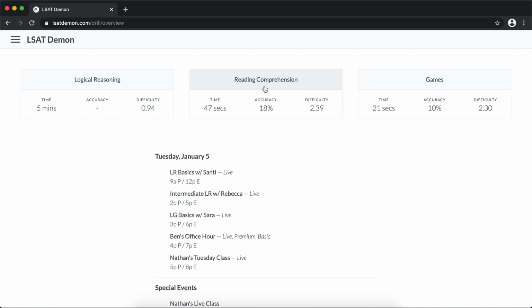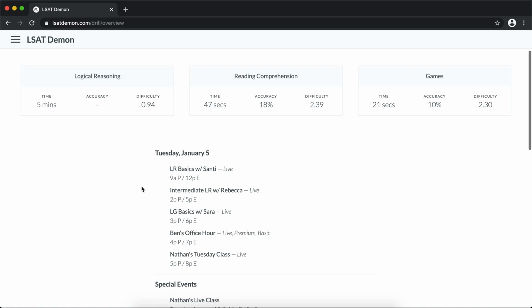When you first log in, you'll see boxes for each section of the LSAT: logical reasoning, reading comprehension, and games. In the box, we have time, accuracy, and difficulty. These stats draw from your drilling history. Time is time spent on this section, accuracy is from 0 to 100%, and difficulty level is on a scale